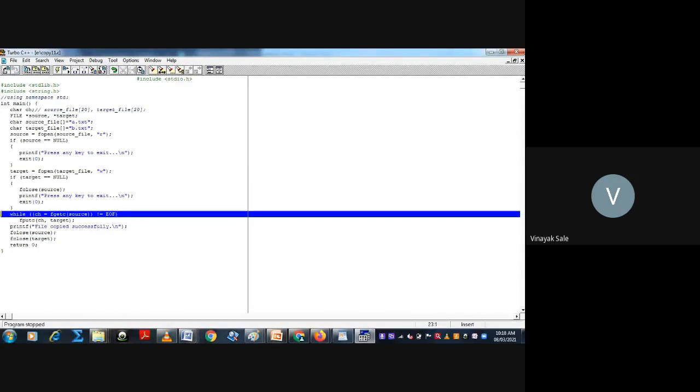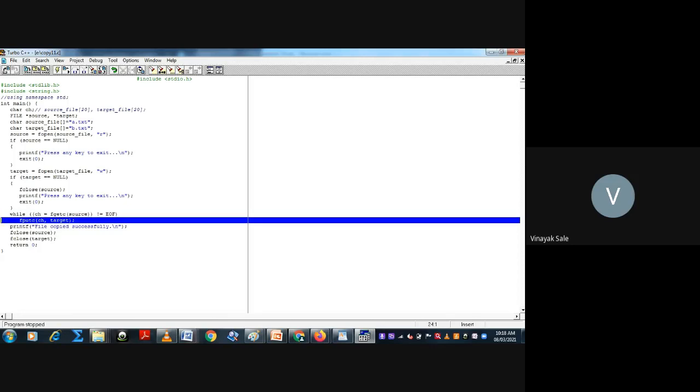Then it goes to fclose source. If it is not null, then it will check whether the character copied from source is not equal to end of file. If this is true, then put ch, that is, put the character ch in the target file.